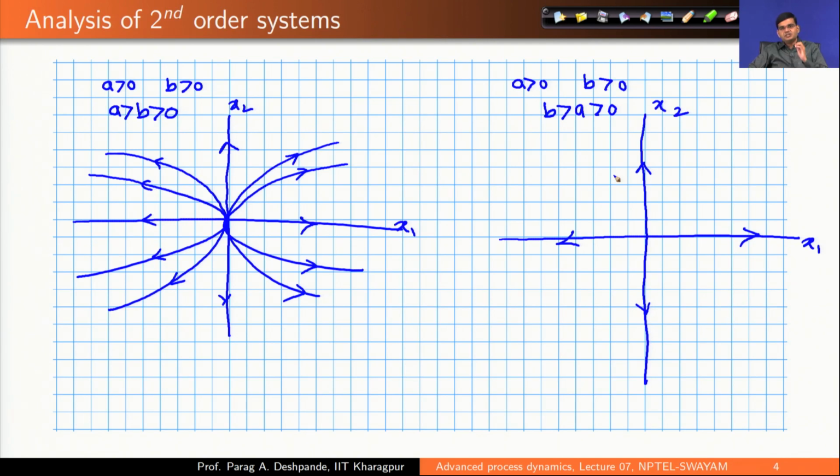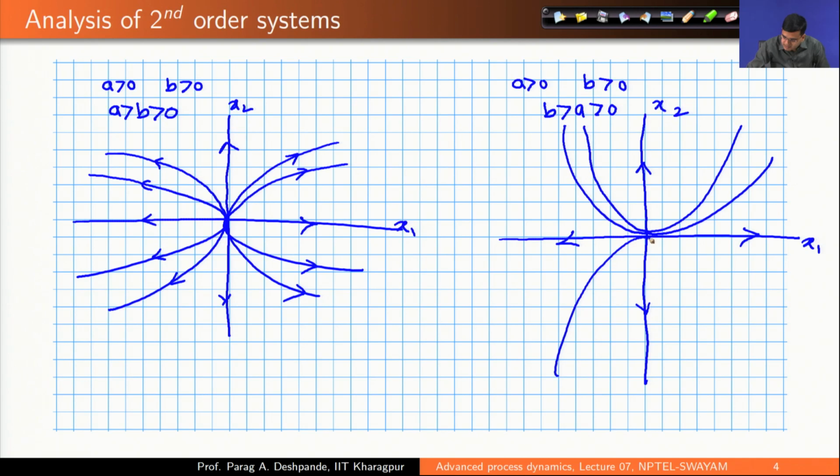Please do these calculations by hand, and if you find the derivative dx2/dx1, an e^((b−a)t) term would appear, and since b minus a is positive, the slope should tend to infinity. So, how would I draw the curve which would show that the slope is going to infinity? Please convince yourself that these are how they would look like,